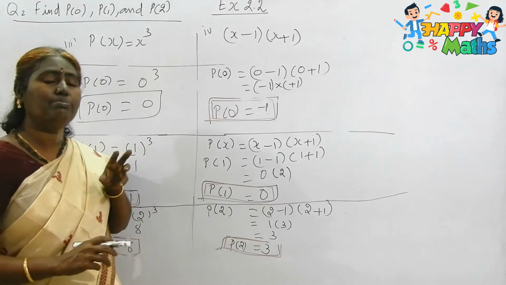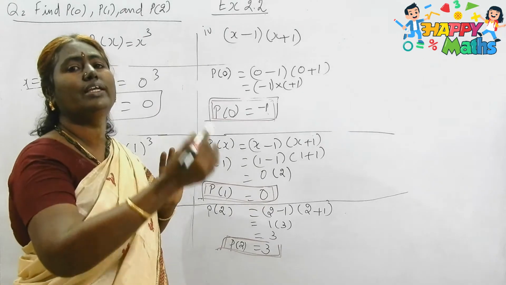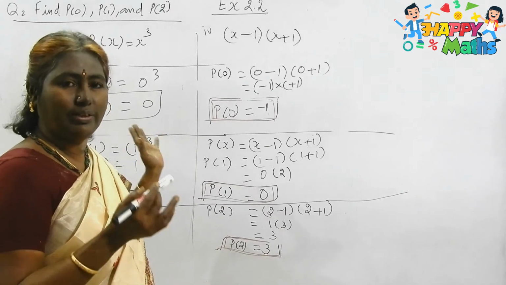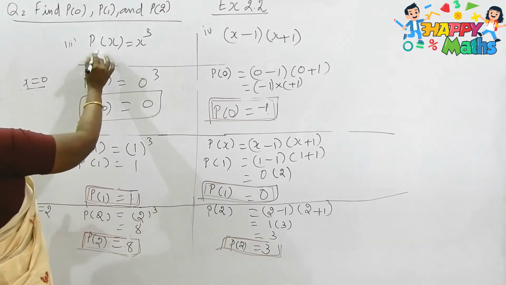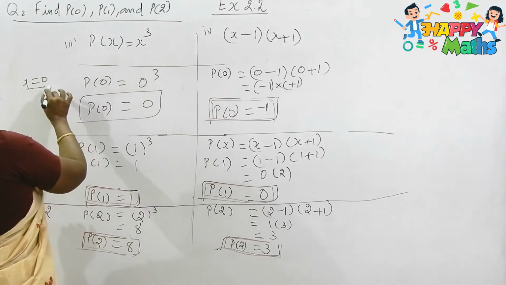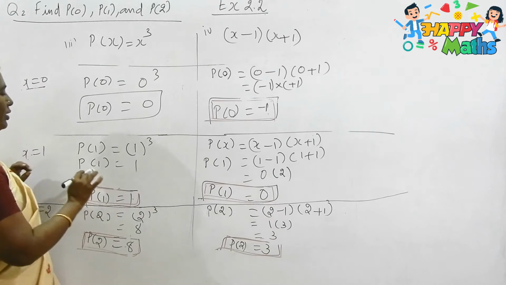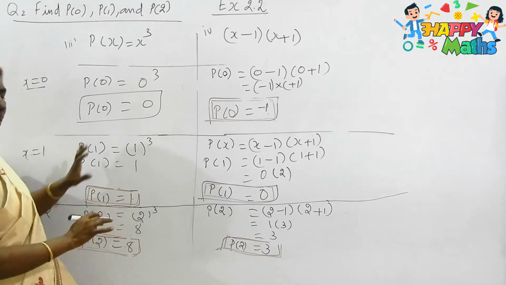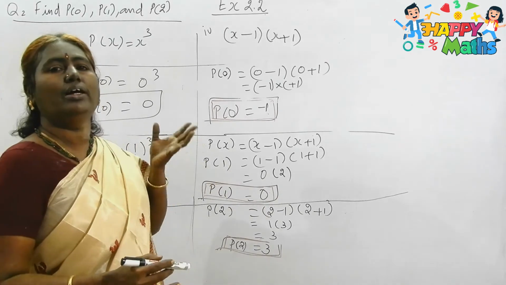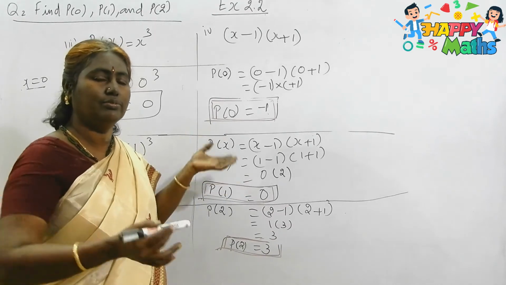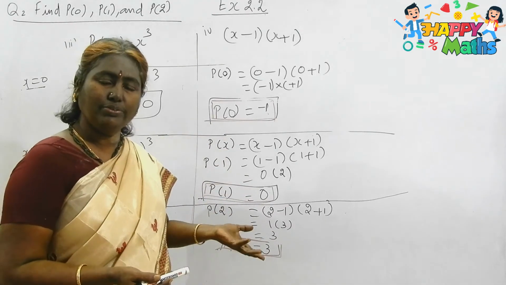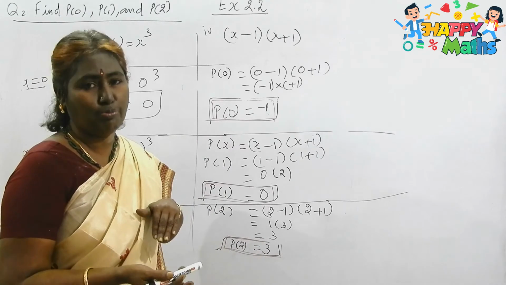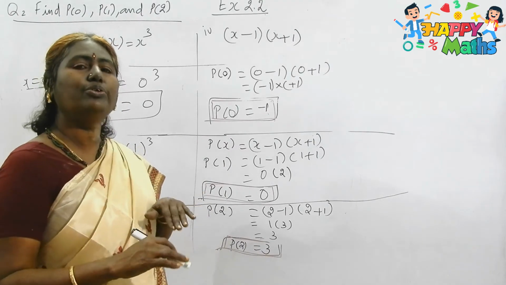Then there is one important thing before we continue with the next exercise. Why have they given these sums for you? You will definitely come to know about it. Just listen. For p of x equal to x cube, in the place of x equal to 0, it is 0 cube, so it is 0. Same way, p of 1 is equal to 1 cube, so it is 1 only, 2 cube is 8 only. It is very simple. If you are thorough with question number 1, these are all very easy for you. Then why am I doing it? Just listen. From this only I am going to get the next type, the zero polynomial. Then that will be easy for you to do question number 3.